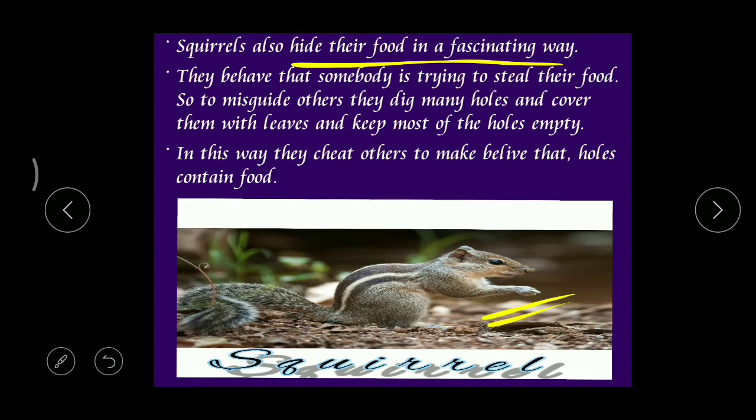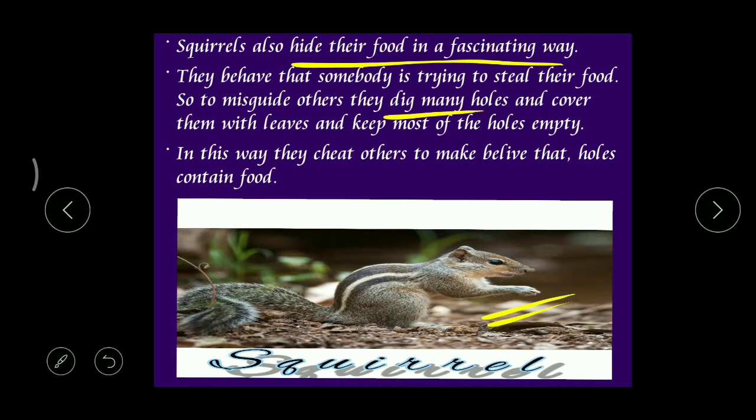Okay, what it does is, before the rainy season, it likes to store the food. So it collects different types of nuts and seeds and all the things. But actually it doesn't have any living place. Okay, that's why it digs pits. Pits means guntalu, right? So it digs some pits, or holes, and in those holes it stores its